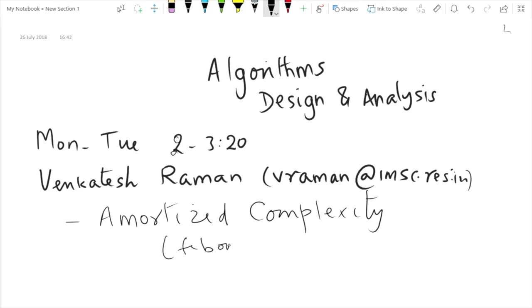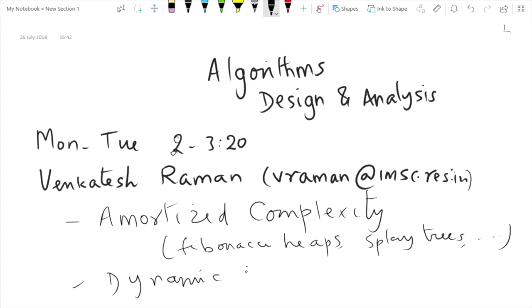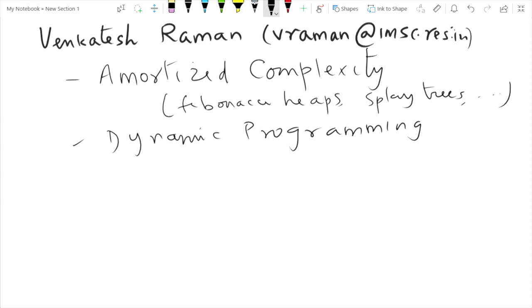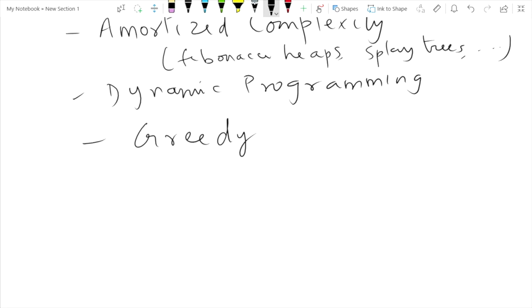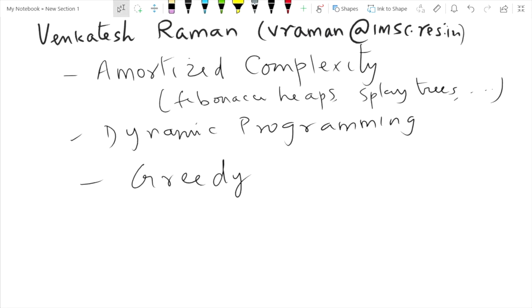different kinds of heaps, splay trees, and so on. So we look at dynamic programming as a paradigm. Greedy. Again, you all would have seen some of it, but I know that many of you have seen this thing, so we will go quickly on some of those topics. Yes, divide and conquer again. We'll look at some examples. We'll look at randomization,